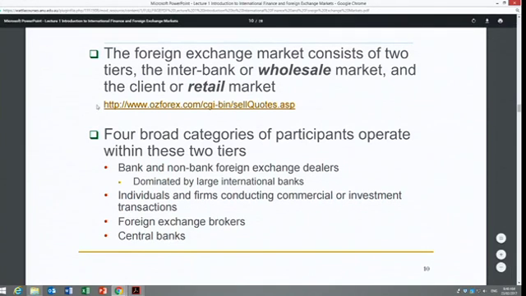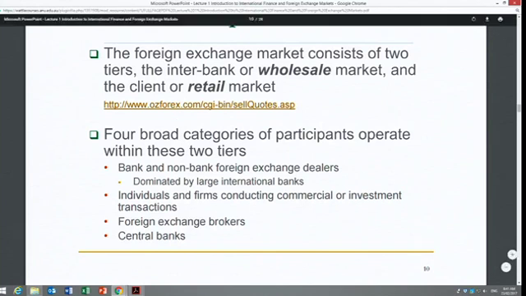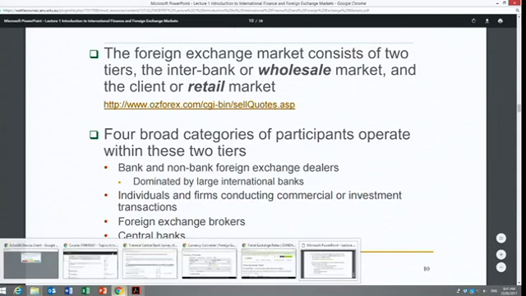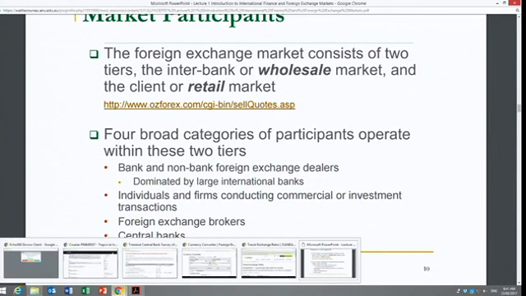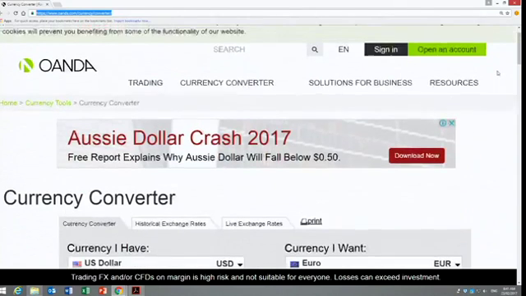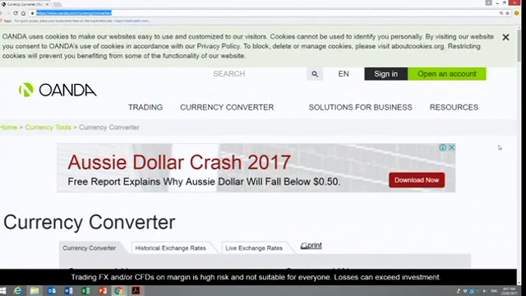Now, where can we check out rates? Well, one example that I have over here is from Oz Forex, and they do give the buying and the selling prices of different exchange rates for the same pair of currencies. Another example that I would like to show you on the internet would be this one, Oanda, www.oanda.com. In fact, this is a website that I would use quite often when I travel overseas or I need to do some